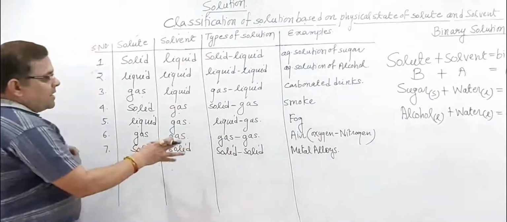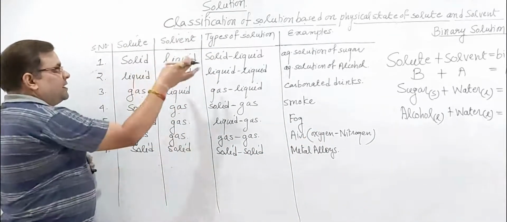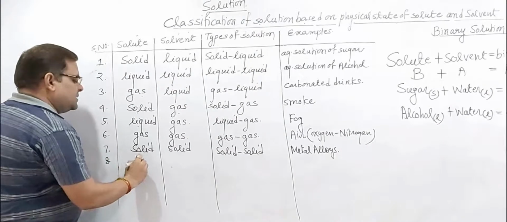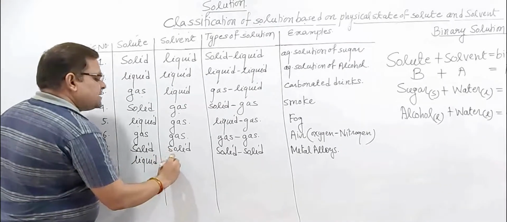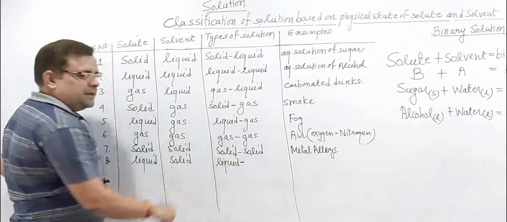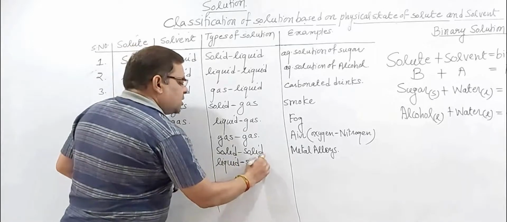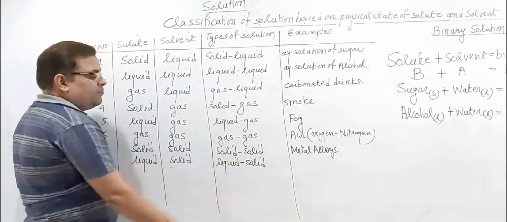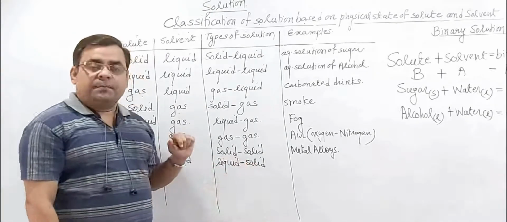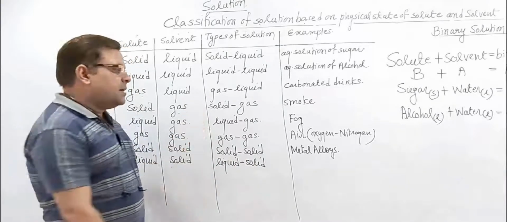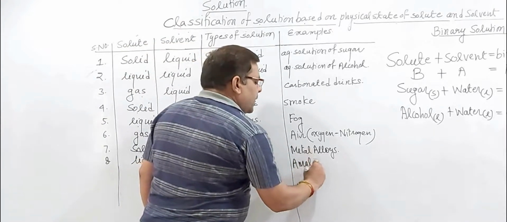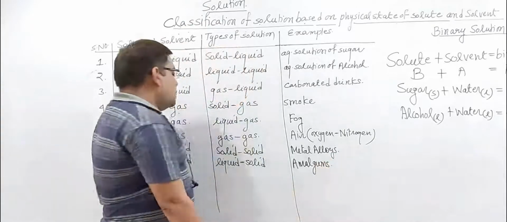And the next type of binary solution having solid as solvent is liquid in solid. Those binary solutions in which solute is present in liquid state while the solvent is present in solid state, with solvent in excess amount and liquid in limited amount, are called liquid in solid binary solutions. And what is the example of such solutions? You know about amalgams. Amalgams are good examples of liquid in solid solutions.